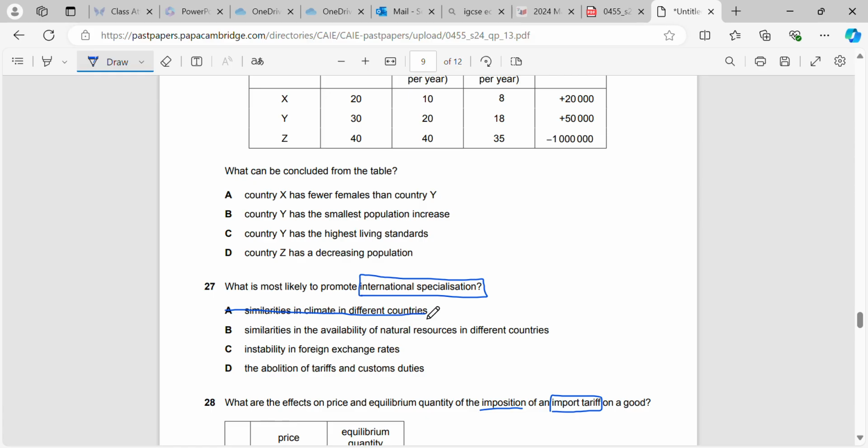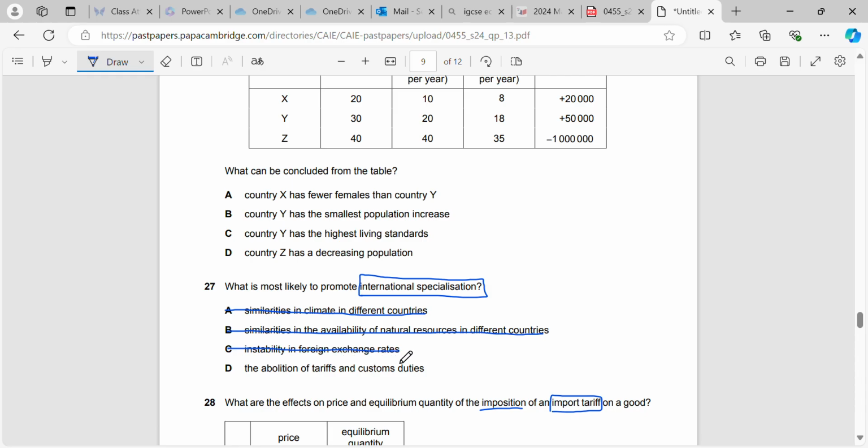So that's why in some countries, due to their climate, some countries can produce rice better than other countries can produce potatoes, for example. Again, if the climate and the resources are similar, that does not promote international specialization. We need the resources and the climate to be different, and we need stability in foreign exchange rates also, because